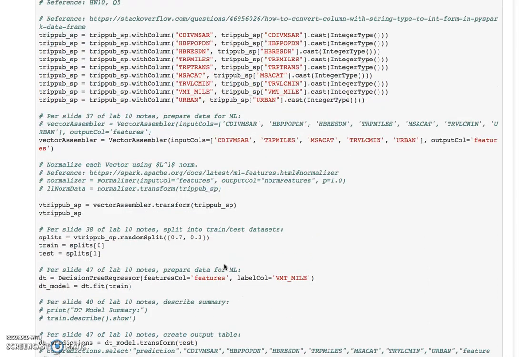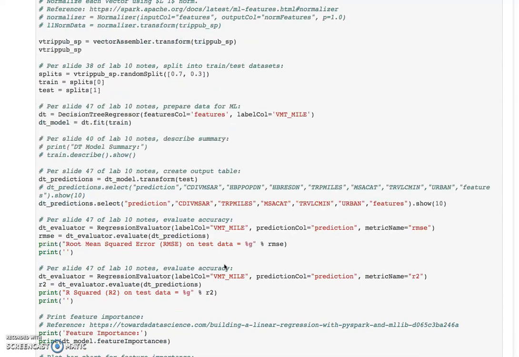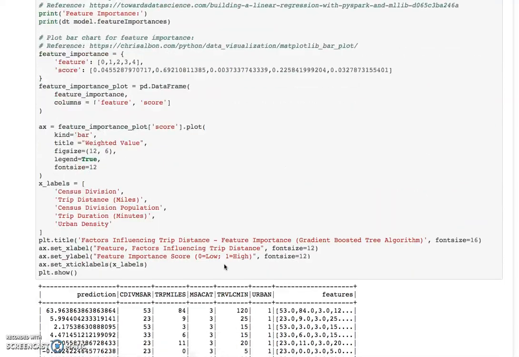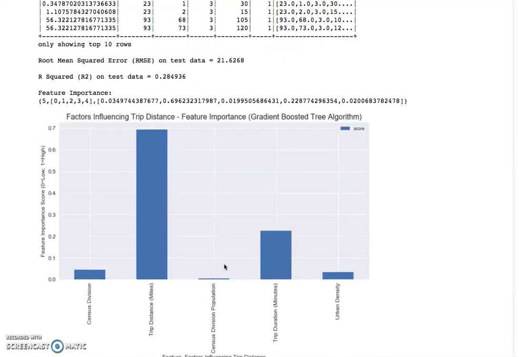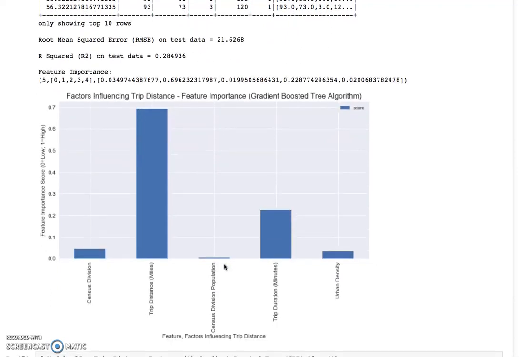Same thing here, referencing homework in Lab 10, calling out columns, setting up errors, and here's the output. What we want to find out here is the factors influencing the trips, the distance per trip. So we started to look at the number of trips, and basically how much driving per capita with and without the subway. And what we see here with machine learning is that we start to see additional trips or trip distance being closely